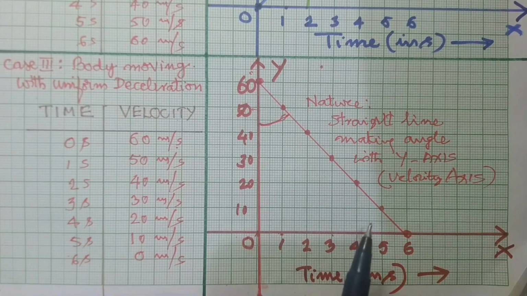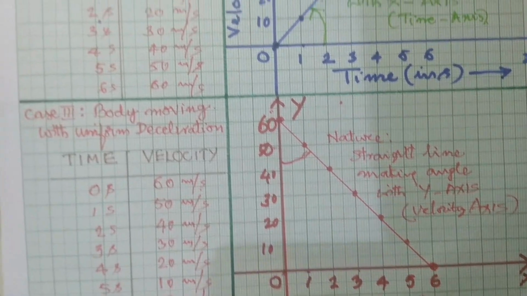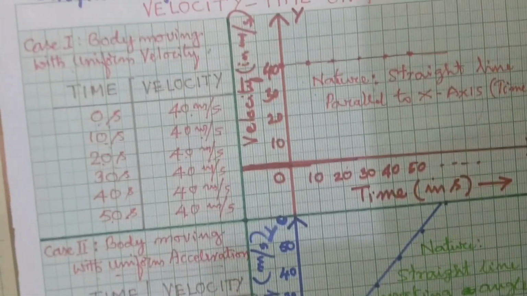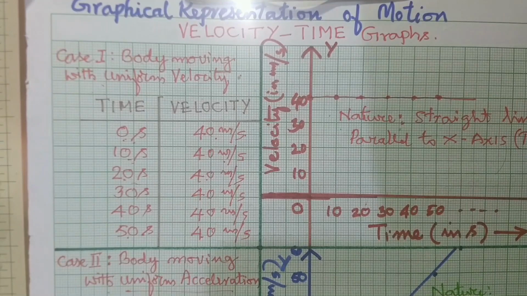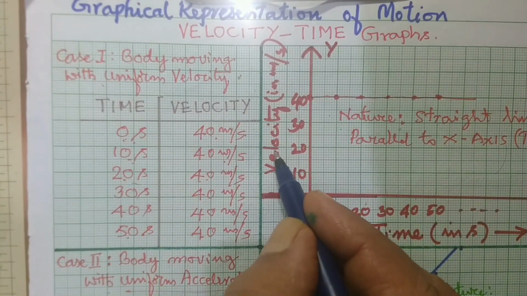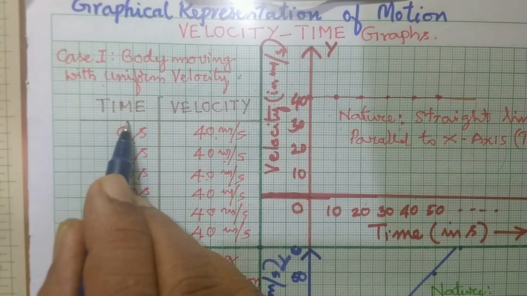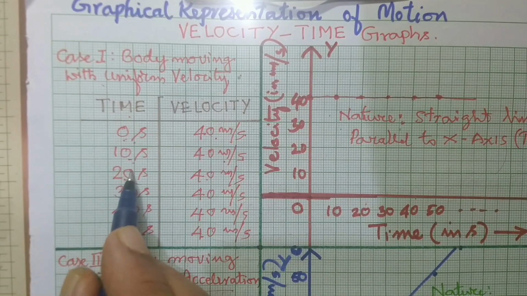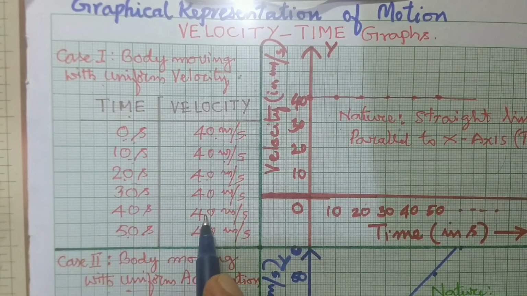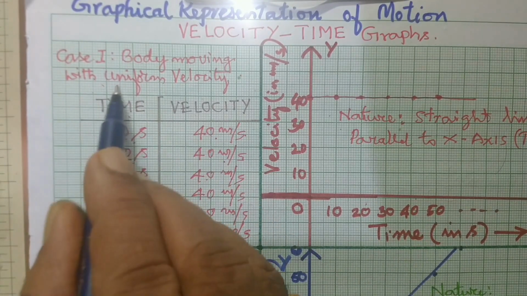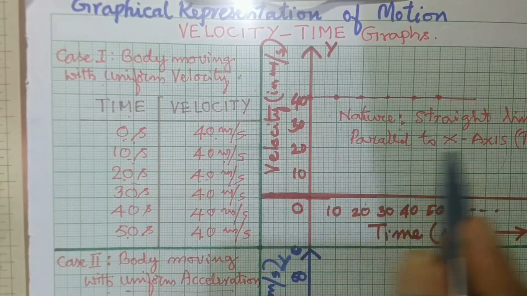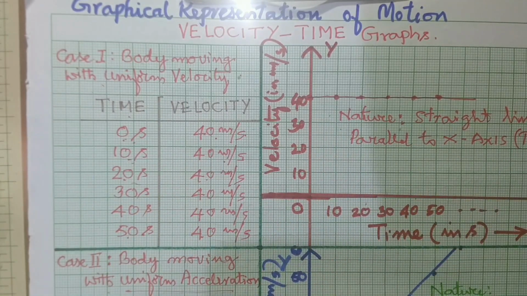Now this is deceleration. You see the shape of the graphs. One after the other, briefly I will explain here. Listen carefully. First thing, we are talking about the velocity time graph today. Therefore, velocity on the y-axis, time on the x-axis. Table also, time and velocity table we will take up. Time here and velocity here. We draw the graph. For the uniform velocity, we are getting a straight line parallel to the x-axis.